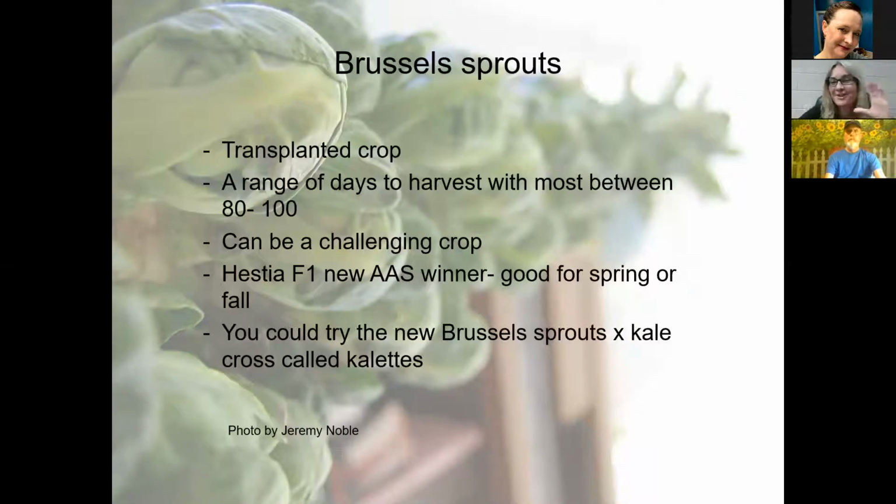Brussels sprouts are one of the more challenging cool season crops to grow. And that has to do, of course, with their long season of maturity. So our older open pollinated cultivars might be more than 100 days to harvest. Some of our newer hybrids might be in that 80 to 85 day range. But if you start to count 80 days after transplanting, which is typically what is going to be on the